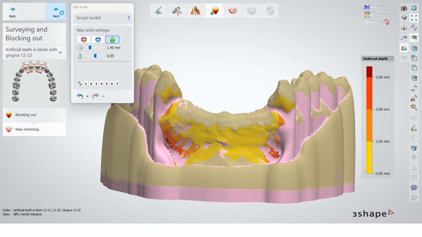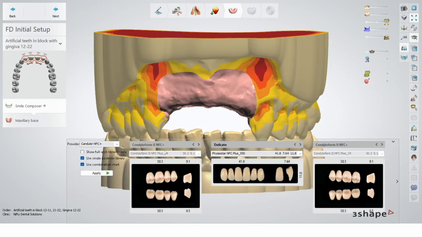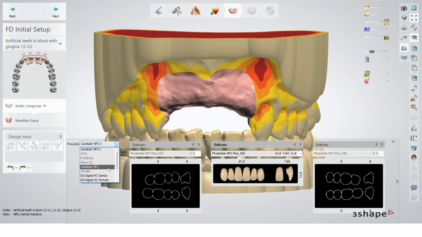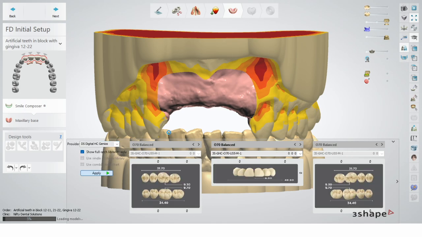Here we're going to decide the teeth. We select the Dentsply Sirona library teeth, but this doesn't mean we need to choose that library 100%. I would recommend using it because this HC library, which means highly characterized, is the best thing I have seen in the last few years, even though they might look a little bit strange. I'm just going to apply one random library because you can see the texture is a bit strange.